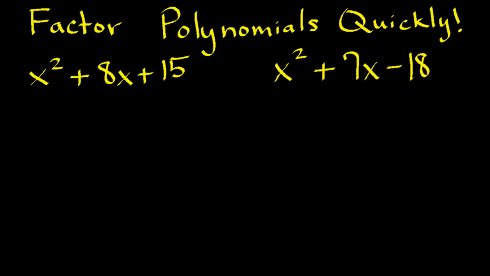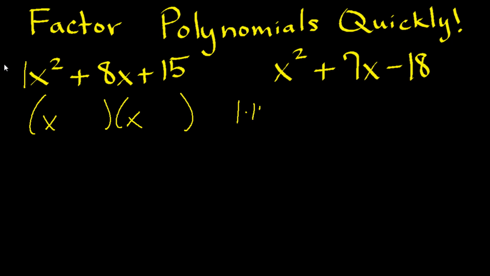In this video, I'm going to cover how to factor polynomials quickly. We will look at various types of polynomials. For trinomials that have an x squared with a 1 in front, those will always factor with an x times an x. We then need to determine what two numbers will multiply to be 15 and also add up to